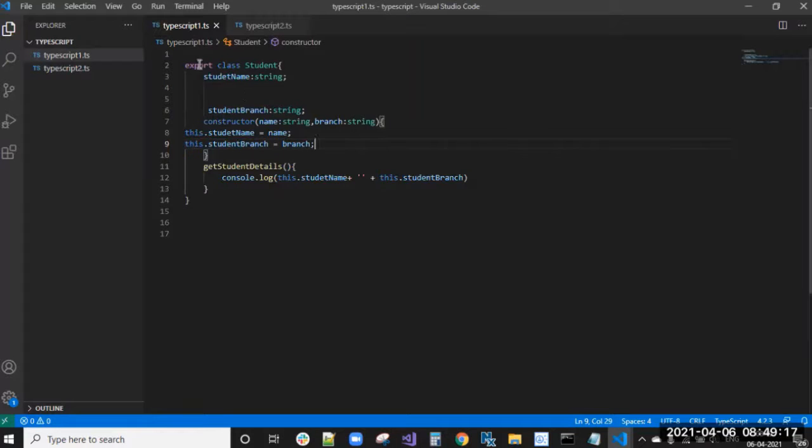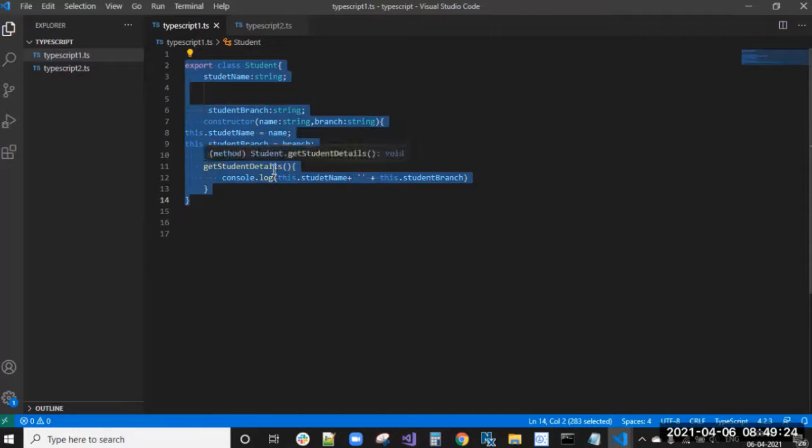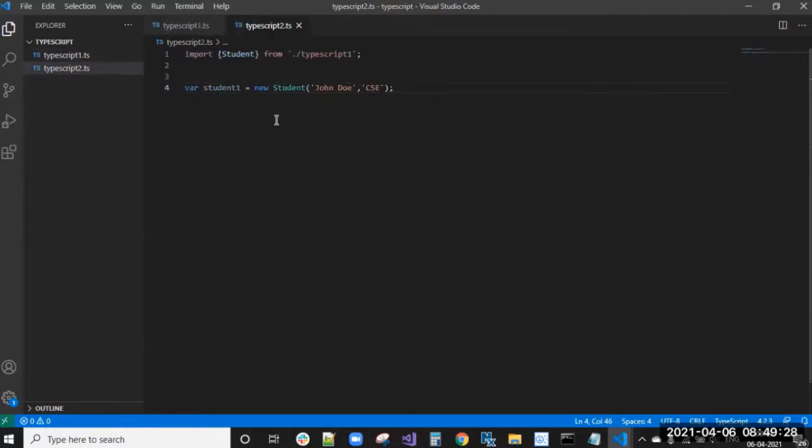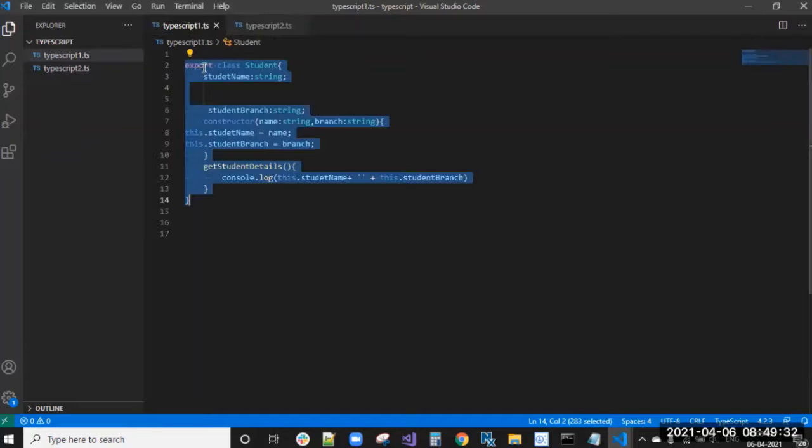Now you can see here this is exported, which means the class has now become a module. So I can export this module from here. If you have not given this export statement, then the student will be in global scope.